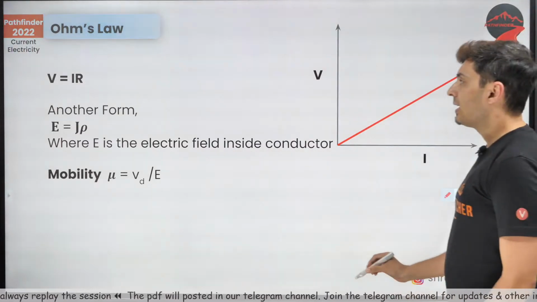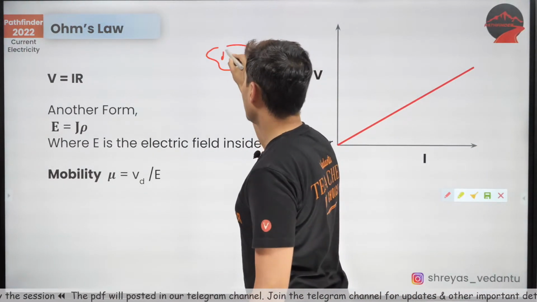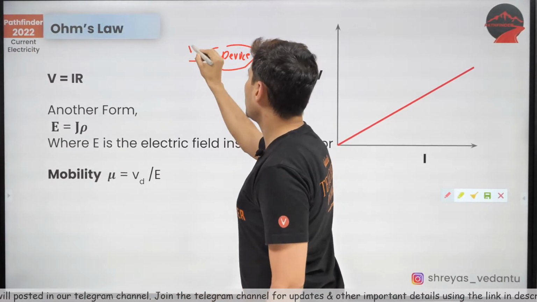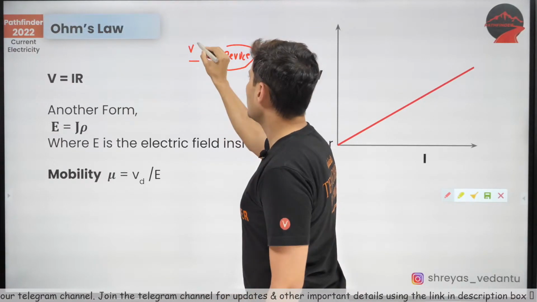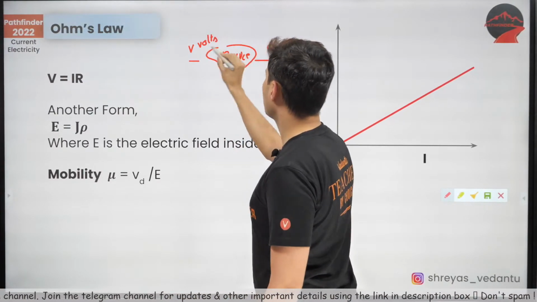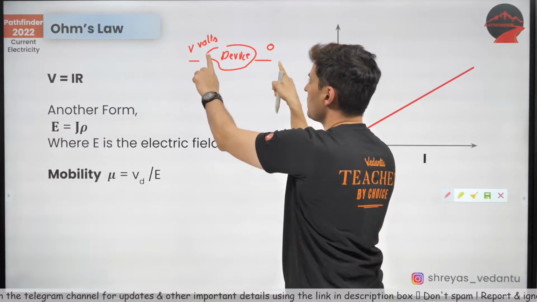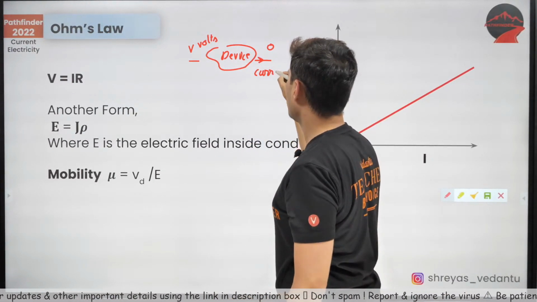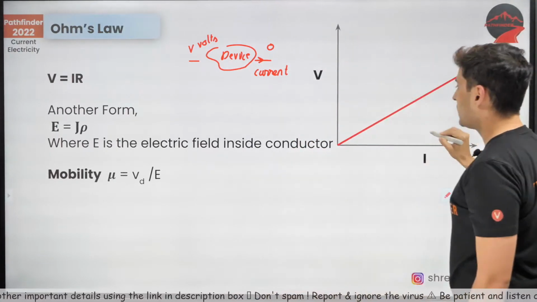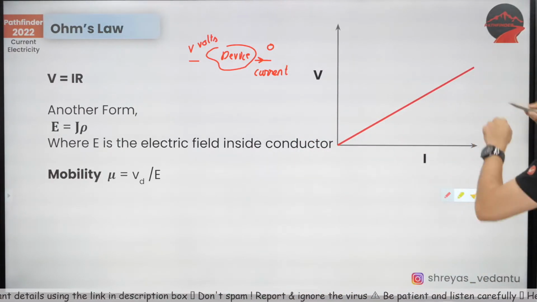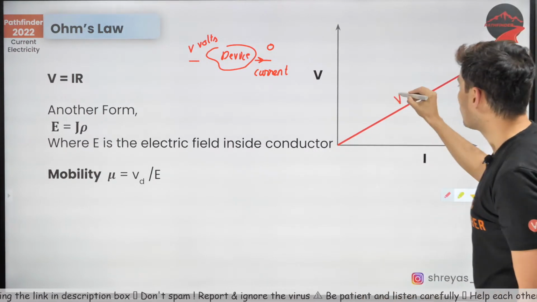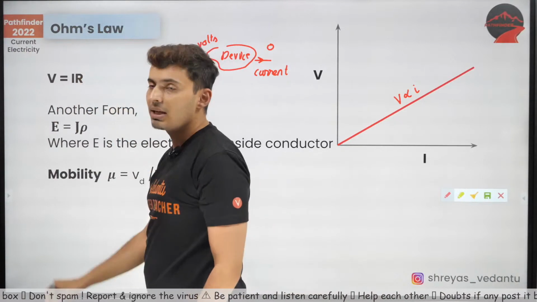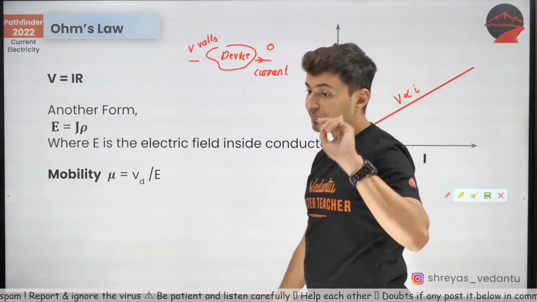Now, if you take any device, and you apply some voltage across it, V volts, with 0 volts on the other side, so the voltage difference is V. Then there will be some current flowing through it. That current, when plotted with voltage, will be a straight line. So here you can see voltage is directly proportional to current, and that constant of proportionality is nothing but resistance.